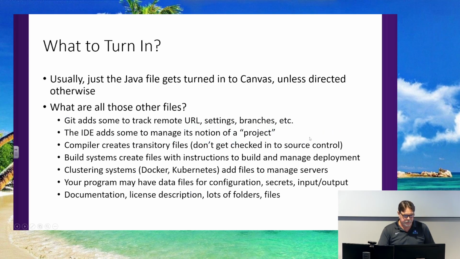Okay. Next, what are we going to turn in? So you saw that folder that IntelliJ created, and it's got all these files in it, and we talked about the other associated files that GitHub may throw at you when you create a repository. I don't need to wade through all of that usually in order to grade your assignment and see if you got the point of it, and all I really need is the Java file. So unless the assignment says otherwise, I will commonly just want you to turn in the .java file. And that makes it easy. And if I need something else, I can ask you.